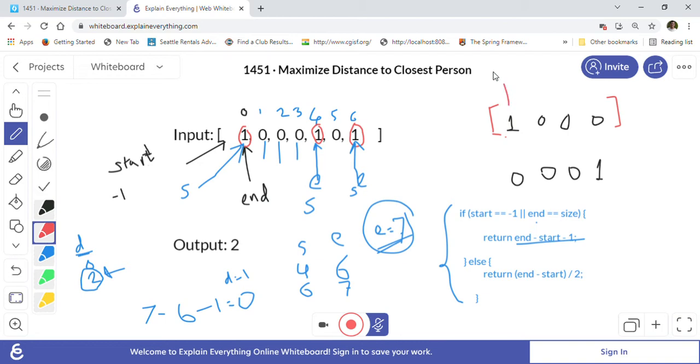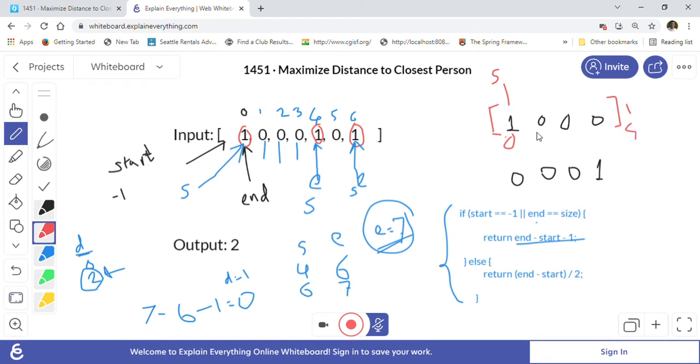So I'll just write this is start. So for end we are not finding any 1, right? So at that time these are all zeros we encountered, right? So we have to assume that there is a 1 at the end. So we are creating end is equal to size. So in this case start is equal to 0 and end will be equal to size. Size is 1 2 3 4, right? 4 is the size basically.